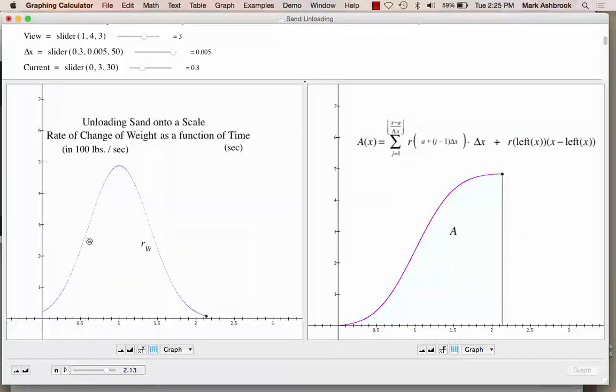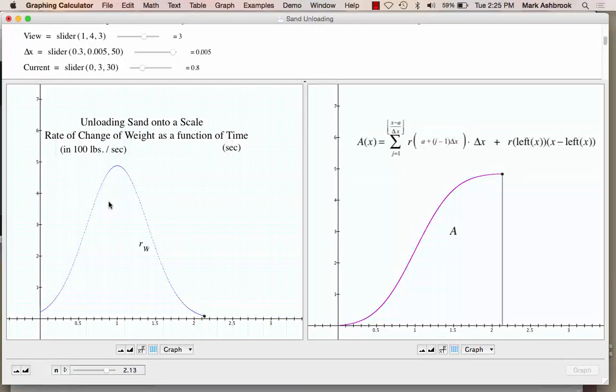But it's so small now, this is 0.005 seconds, delta x. Those delta x intervals are so small that we've essentially recreated the exact rate function with constant rates, and the resulting approximate accumulation function we get is,